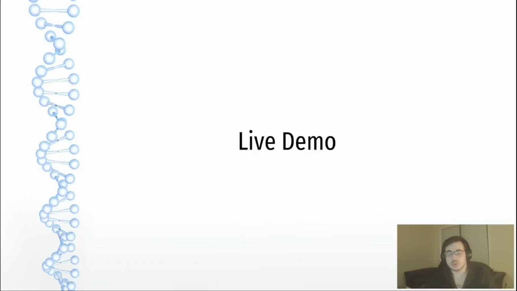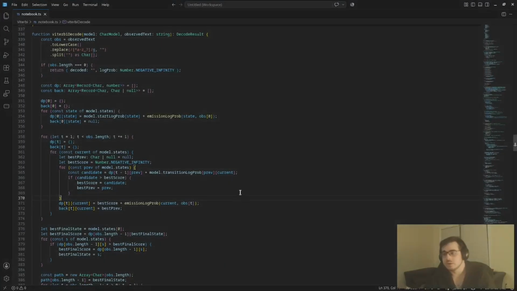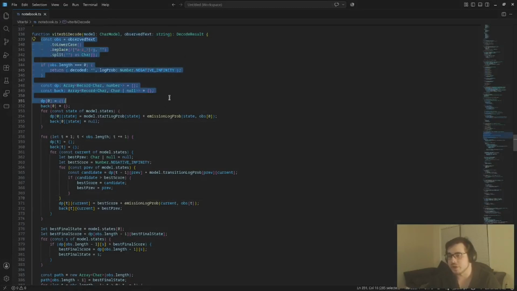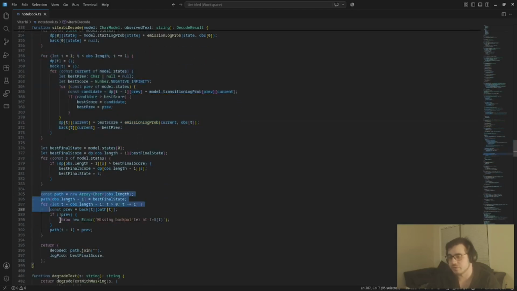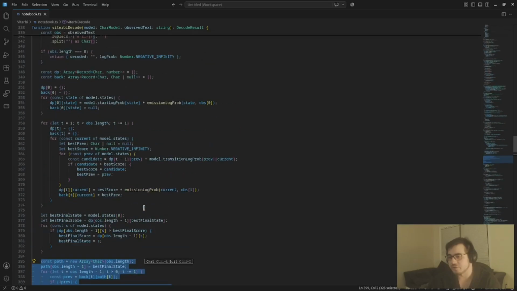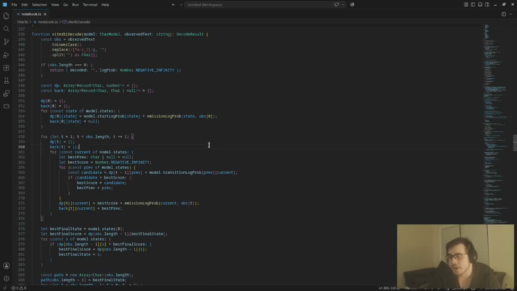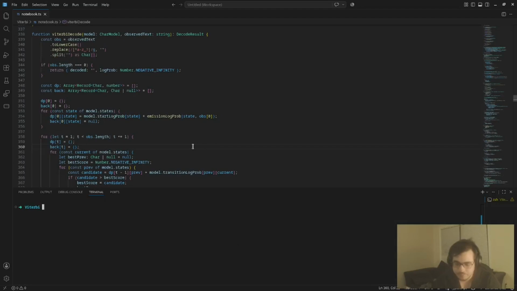So at this point, we can switch over to the live demo, where I'll show you that we have the code loaded up here. We have the function Viterbi decode. Here is the initialization step. Here is the scoring step. And then finally, here is the back propagation step. And I can load up